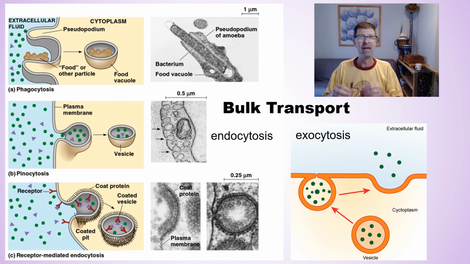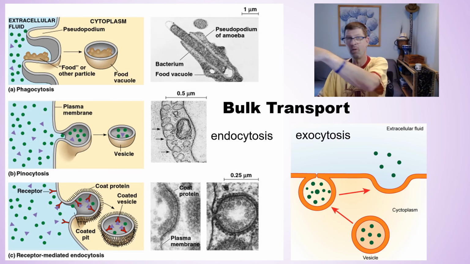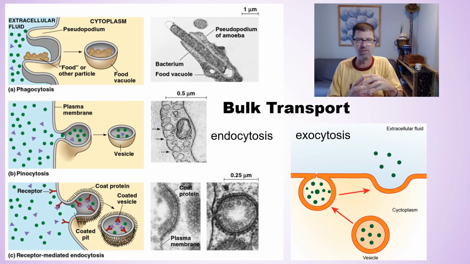What's happening is those little vesicles that are inside the cell are forming around material and they're carrying it to the membrane, or they're forming at the membrane and carrying things inside the cell. So we have our 3 different kinds of bulk transport here. The first type is called phagocytosis or solid endocytosis, and what we have is food particles, tiny little bits of